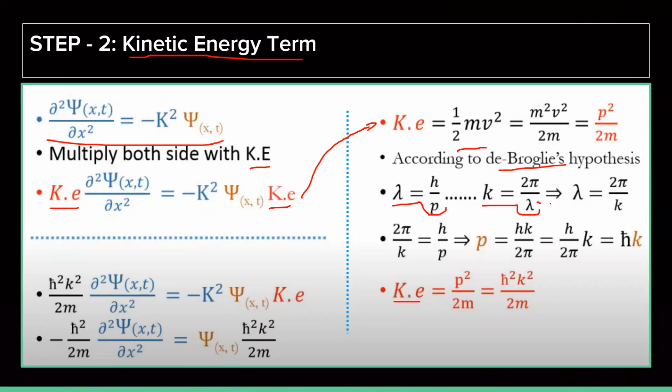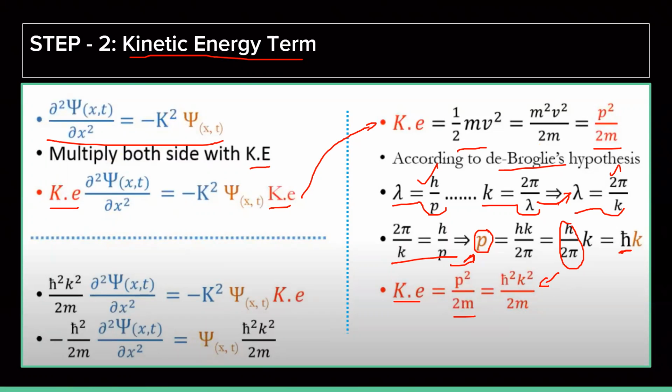So from this, I transform this equation like this: lambda equals 2 pi by k. This lambda and this lambda are the same, so I equate both and write this equation in terms of p. So we get hk by 2 pi, where hk by 2 pi is h bar or h cross, the reduced Planck's constant, and its value is 1.038 into 10 power minus 34 joules per second. So substituting this value of p over here, we get kinetic energy equals h cross square k square